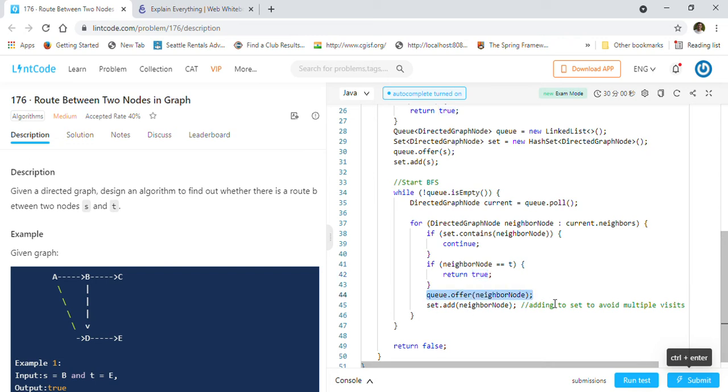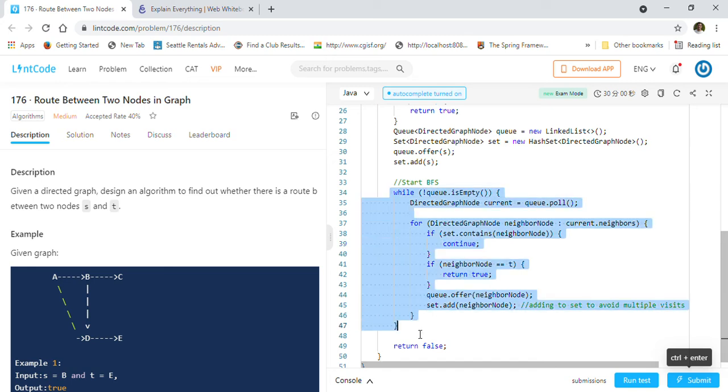Otherwise we will add it to our queue, and we will add the same node into the set, because we want to avoid revisiting the node again and again. So we always check before we proceed whether we have already visited that node in the set. If we have visited the node, then we will just continue in this for loop with the remaining neighboring nodes. That's what it is doing.